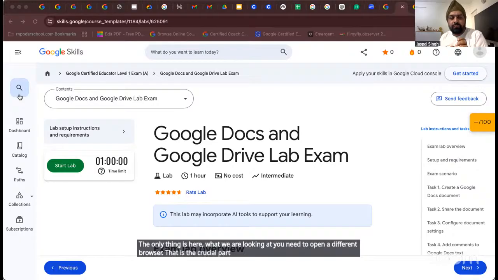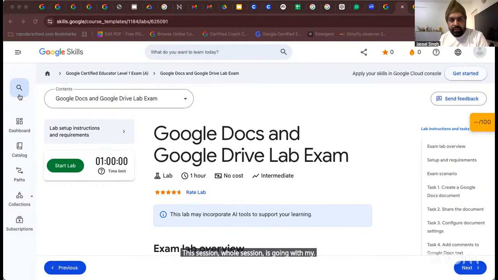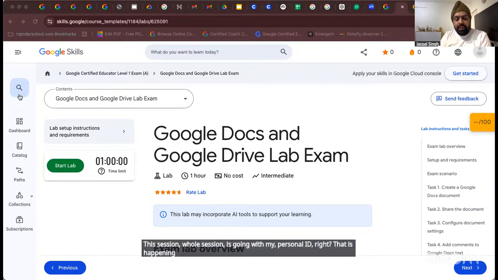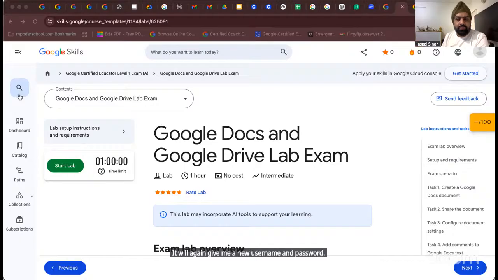I feel every teacher should know how to open the new one, and why it is so. I will tell you that too. Because you've already logged in, let's say my whole session is going with my personal ID. If I add my account, I won't be able to log out of the second account, which is the student account. So my lab session is still on. If I close it and start my second lab, it will again give me a new username and password. Then where should I log in? So in that case, I always request people to